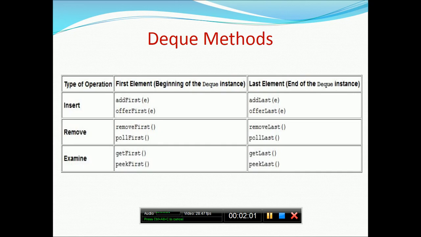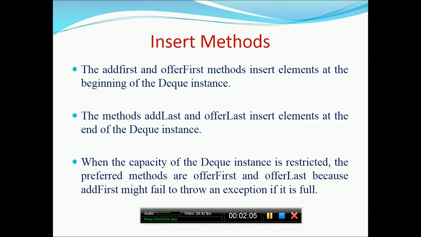So what are the differences between these methods? We'll see from here. Come to the insert methods. The add first and offer first methods insert the element at the beginning of the deck instance. Similarly, add last and offer last insert the element at the end.